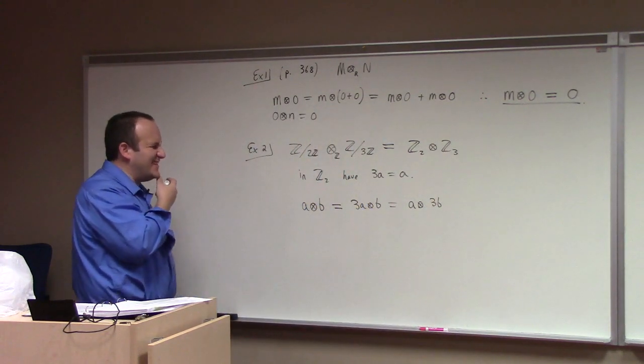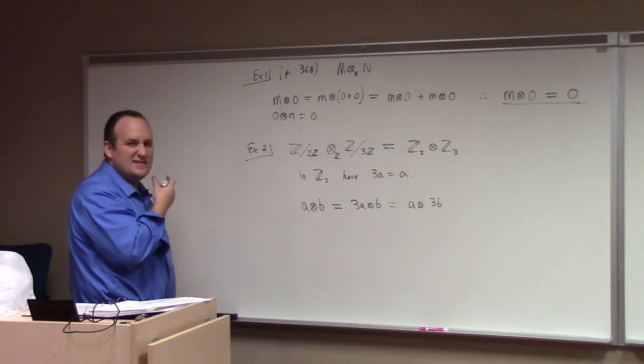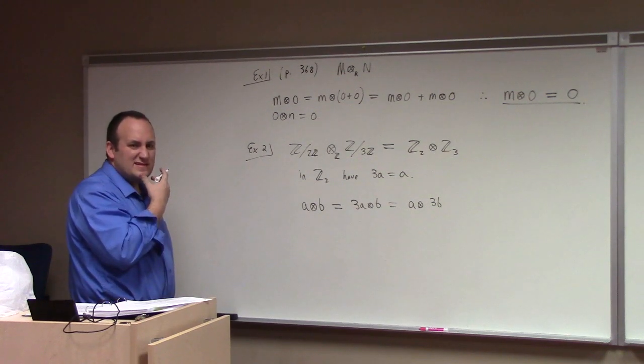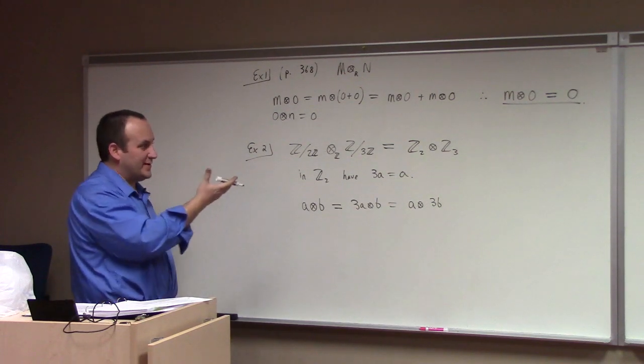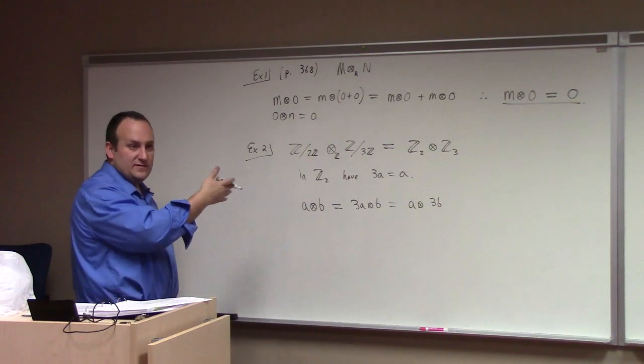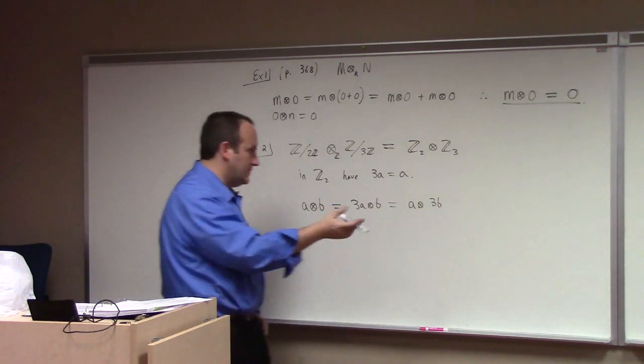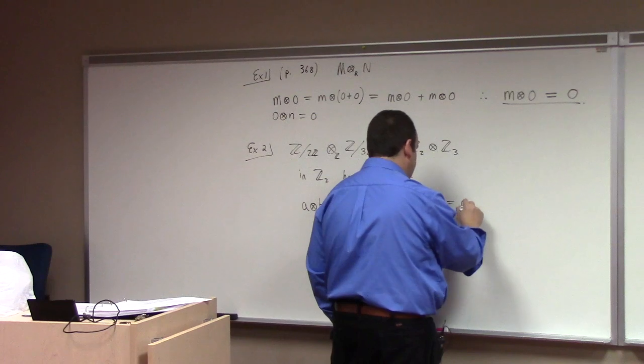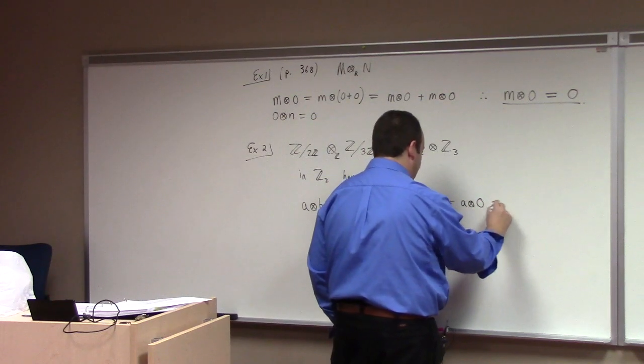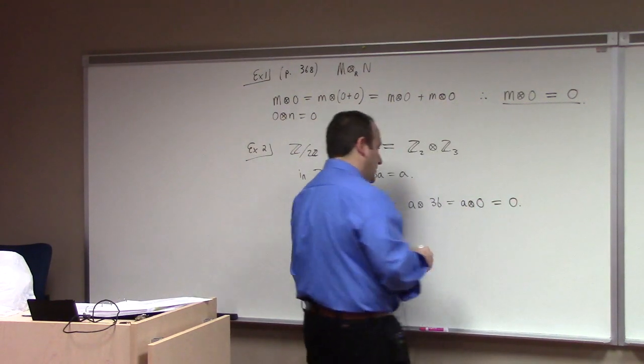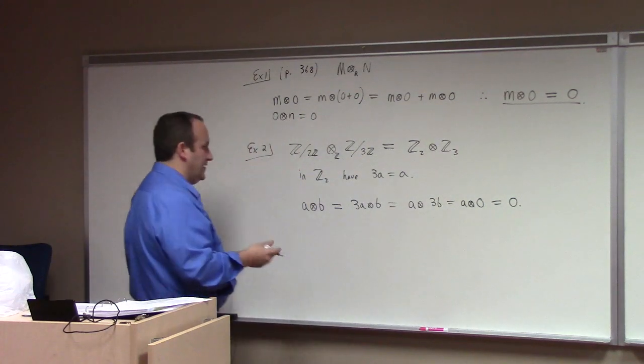But what is 3b? It's 0, right? Because we're in Z mod 3. So 3 times anything in there is 0. So this is a tensor 0, which is, by example 1, what? 0. What? So any